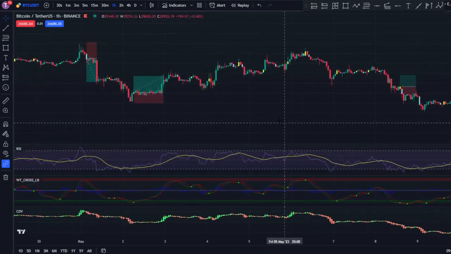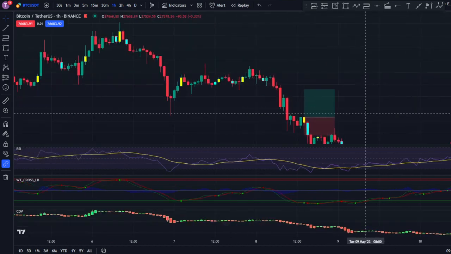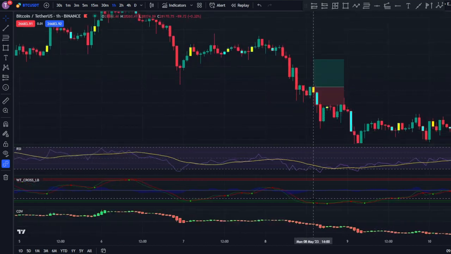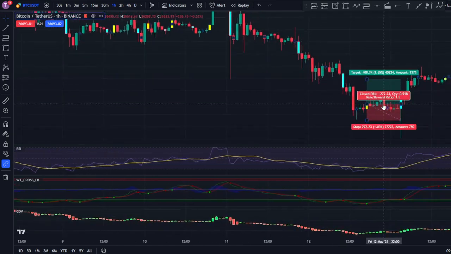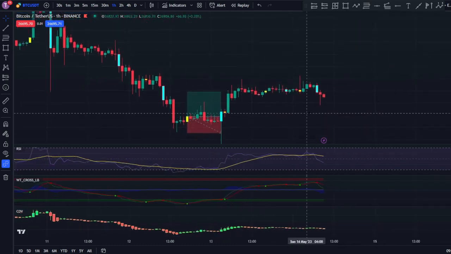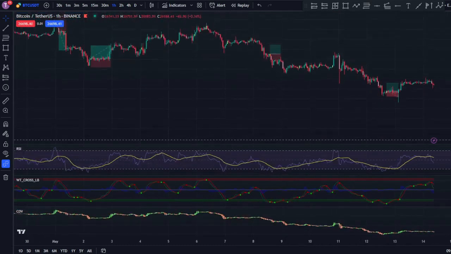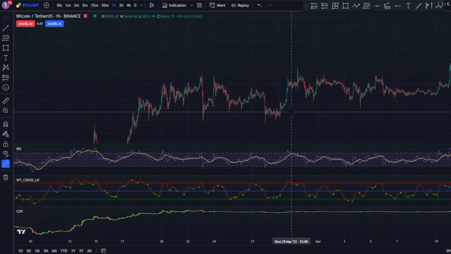So let's look at the other losing trades. Here we would not have taken the trade, because if we look right here, we have this green dot, but on the CDV indicator it shows red. Whenever it's red, it means there are more sellers than buyers, and clearly you don't want to buy that. So the CDV indicator helped to mitigate one loss right there. Let's look at this. Here you still would have gone on the trade because it's green in the CDV indicator. Obviously the sample size for this is quite small because I'm only using 7 trades, and you guys can backtest with so many